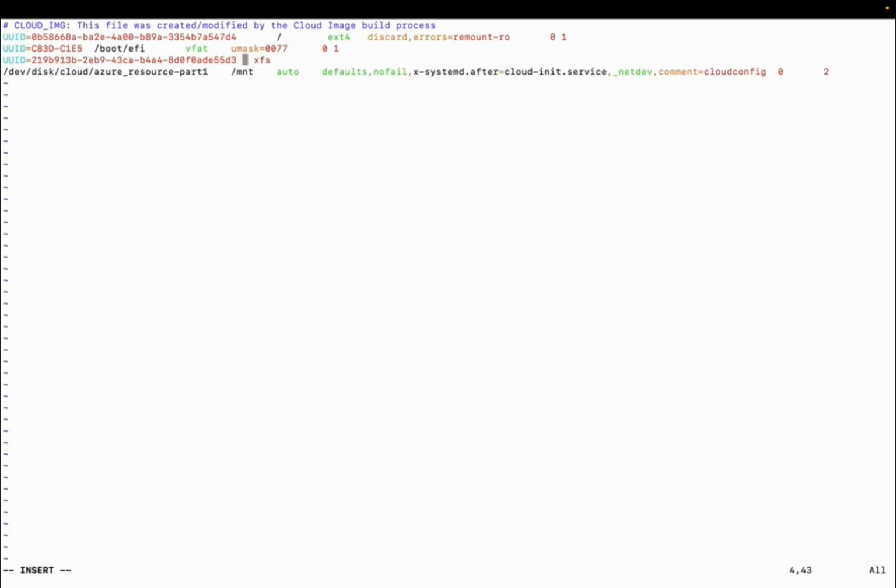I need to type the directory where I've mounted this disk, and the directory is /datadisk, right? The file system type is xfs, right? And do not worry, I'm going to share documentation that can help you get these commands as well, all right? So I'll be typing the defaults,